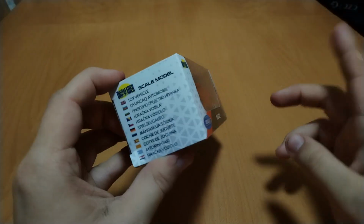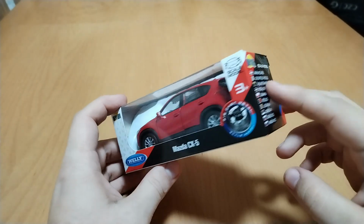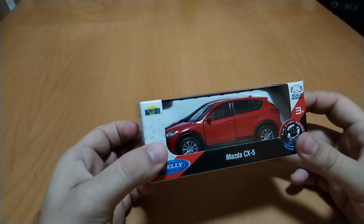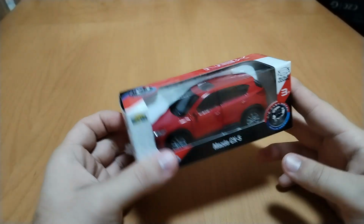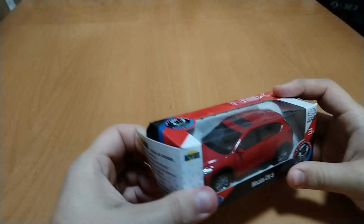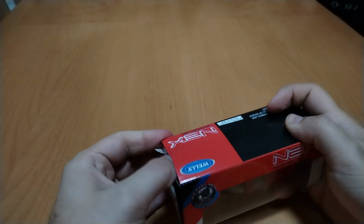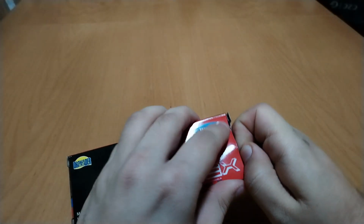So there is no scale on the package, but when I look at the manufacturer page, they do vehicles in 1 to 32, so probably it's 1 to 32 scale, which is slightly bigger than vehicles used by wargaming in 28mm. Even though most modern ranges where you could use the vehicle are also more like 32mm than 28. Okay, there is...